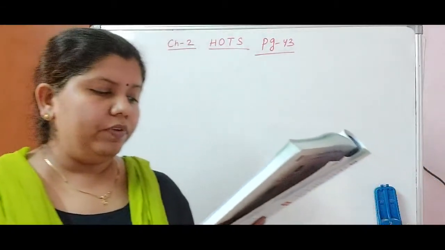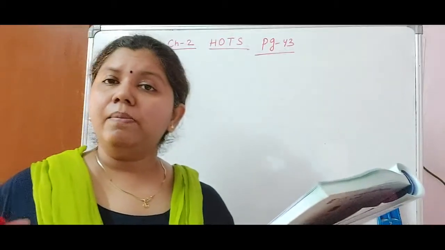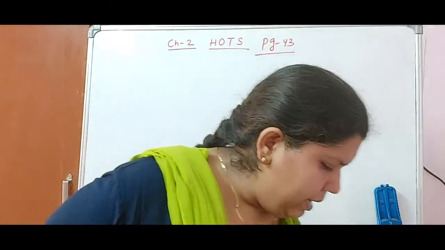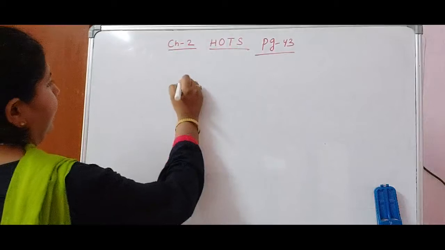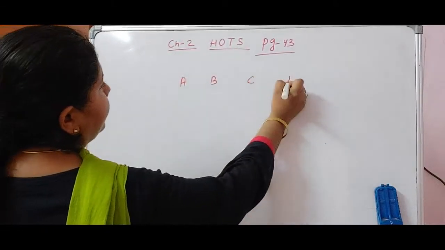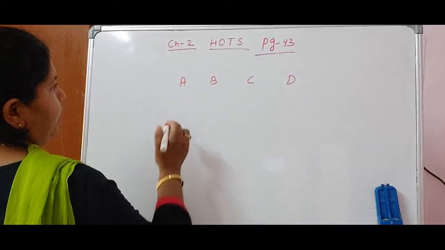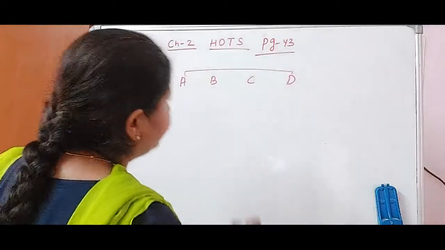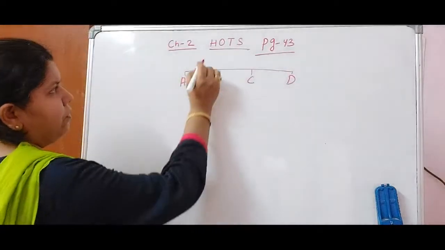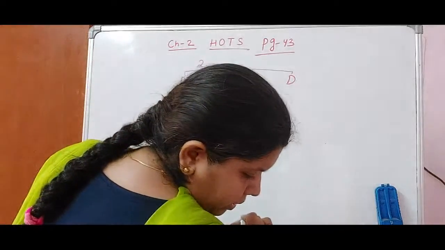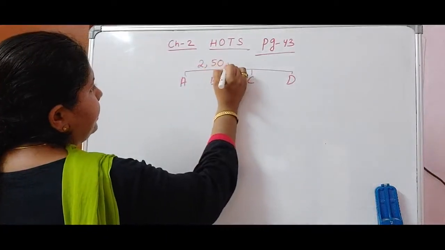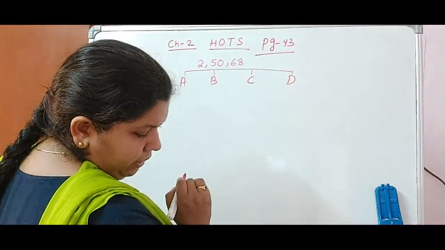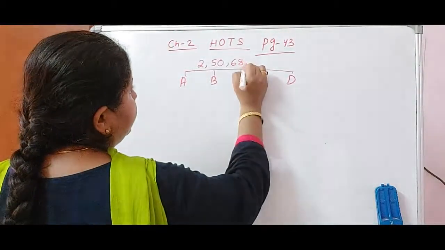Okay, so first what we will do, we will add up the money that is collected by the 3 NGOs. What are the 3 NGOs? See, total is given. Means A, B, C and D. These are the 4 NGOs. Together, how much they have collected? All these 4 of them together have collected 2 crores, 50 lakhs, 68,900.